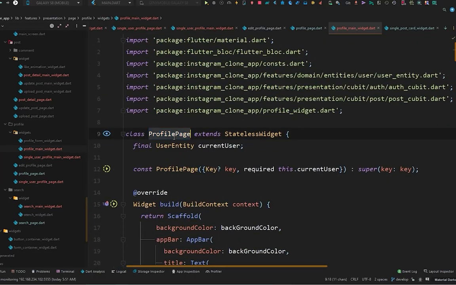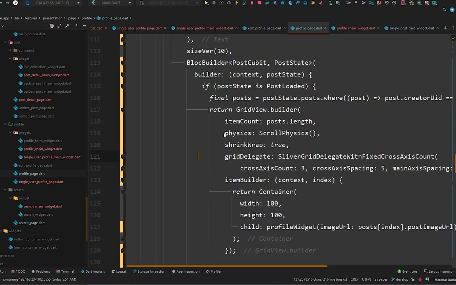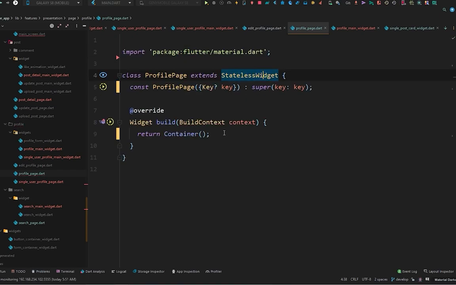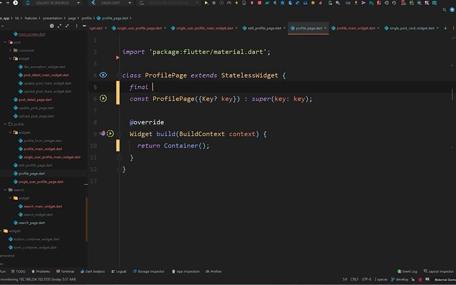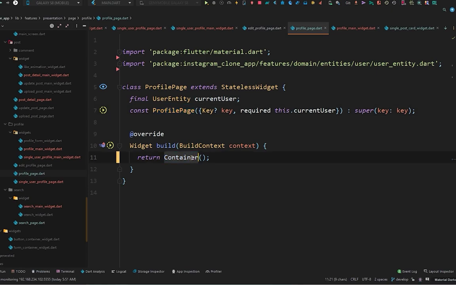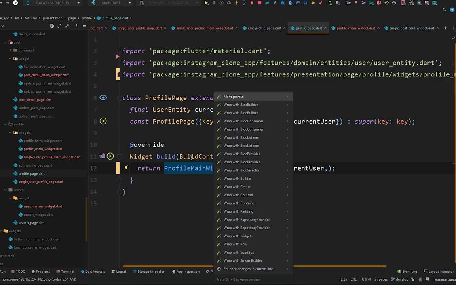So change its name to profile main widget, and in the profile page delete everything, stateless widget, that will be profile page, and material import, and final this is going to accept the user entity as the current user and pass it in the constructor, and simply return the profile main widget, import this, accept the current user, pass the current user in here, and also provide the block